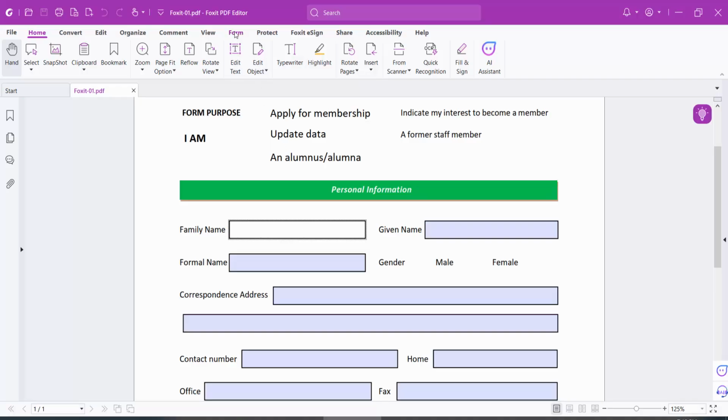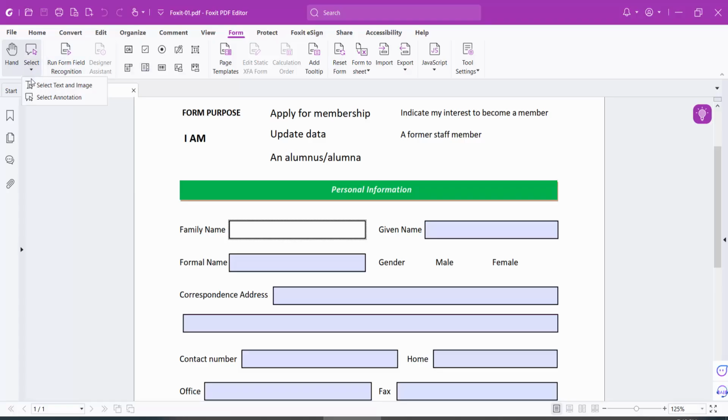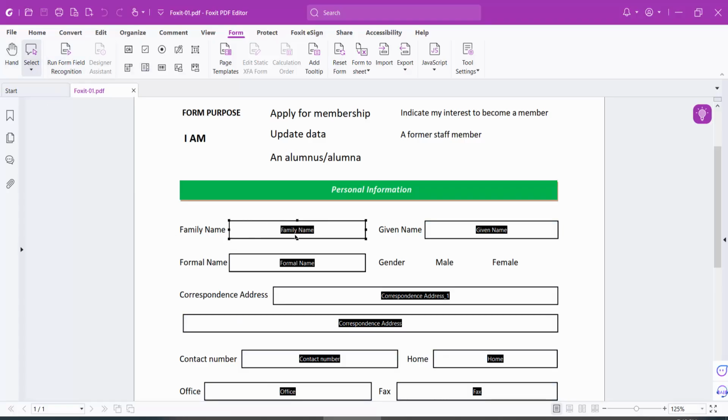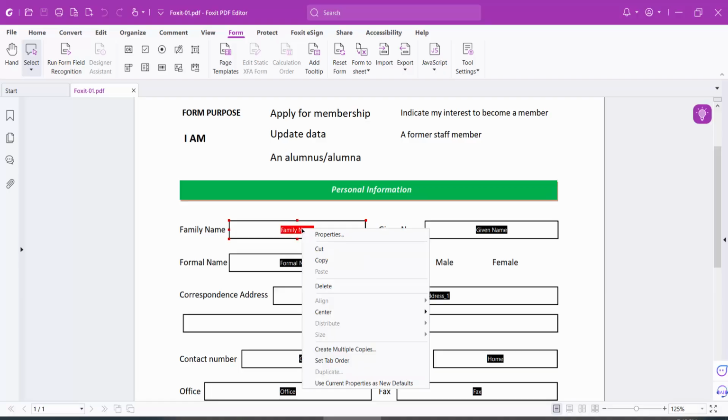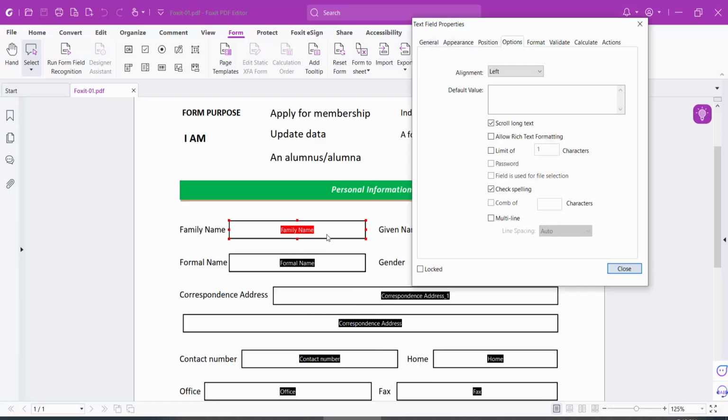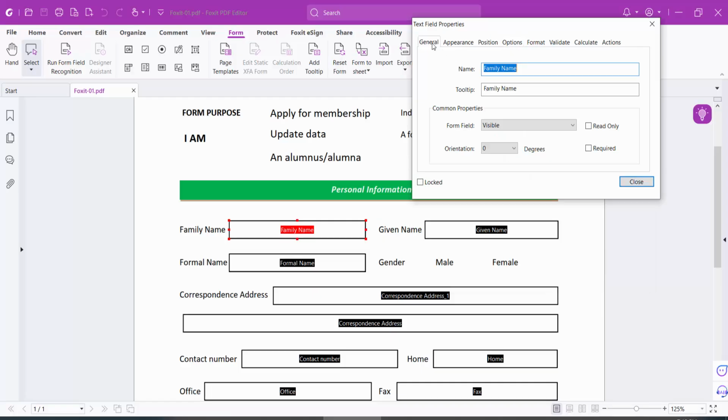Now click on this Form option and select the Select Annotation tool, and this text box named Family Name. Right-click this text box and select the Properties option and go to the General option. Here you will find this text box name, this Family Name. I will change it